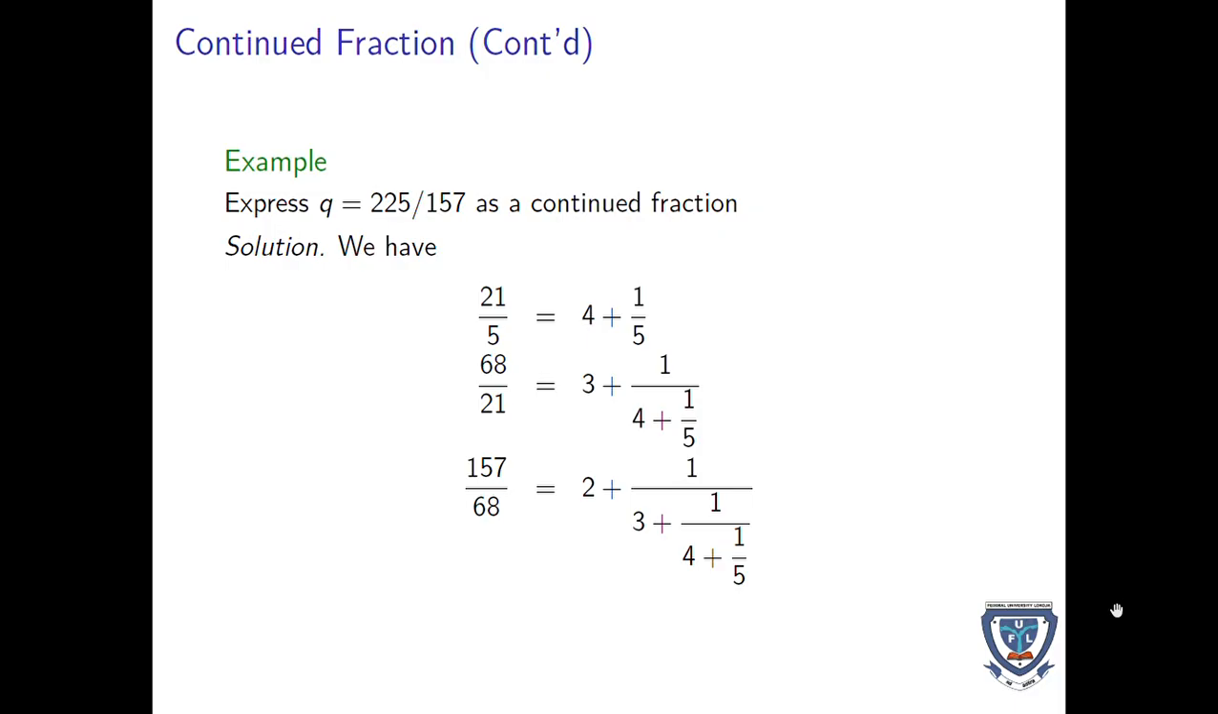Express q equal to 225 over 157 as a continued fraction. Solution: we have 21 over 5 equal to 4 plus 1 over 5, 68 over 21 equal to 3 plus 1 over 4 plus 1 over 5, and 157 over 68 equal to 2 plus 1 over 3 plus 1 over 4 plus 1 over 5,